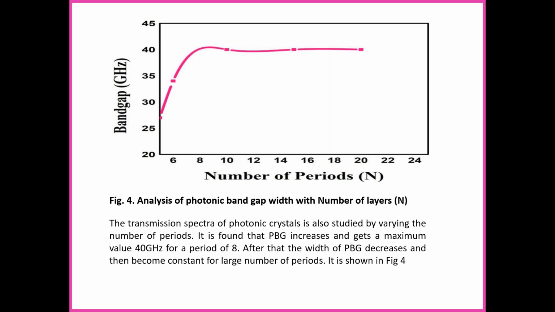By varying the number of layers, it starts from around 27 gigahertz, then goes to 40 gigahertz for a number of layers of around 8 to 10. Afterwards it becomes constant. If you go to around 100, it will be around 40 gigahertz. There is no change. We have pointed out up to 20 or 22